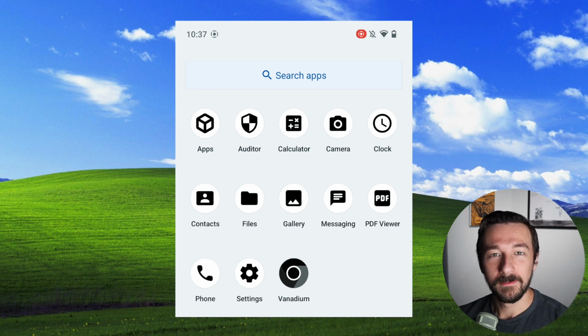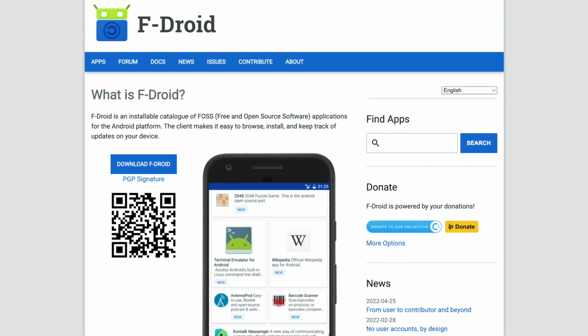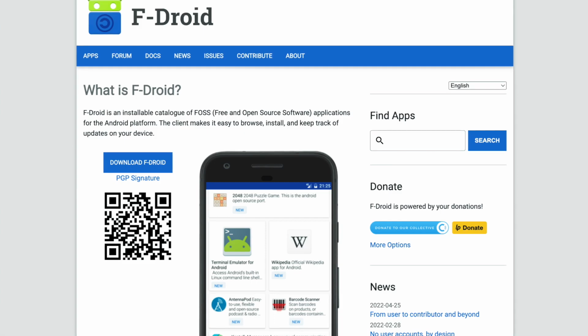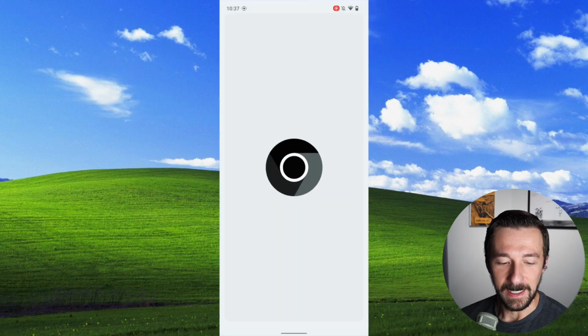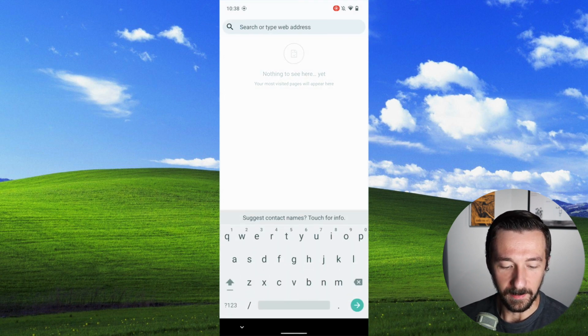So with the initial overview out of the way, there's a few additional apps you're going to want to install. The first is F-Droid, which is a catalog of free and open source Android applications. So to install that, we're going to be using Vanadium. So swipe up and select Vanadium. Go up to the browser bar and type in